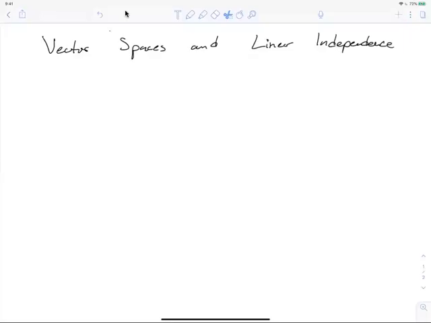All right, so today we're going to talk about vector spaces and linear independence. These two topics might seem very disjoint from one another, so we're going to take them one at a time, but we're going to wrap them up at the end. So a vector space,